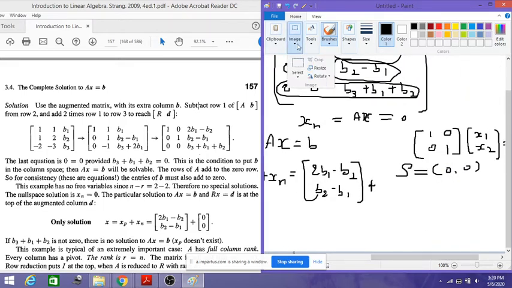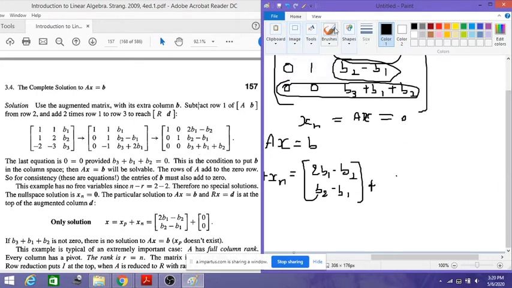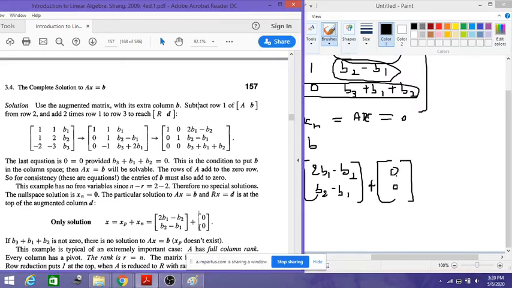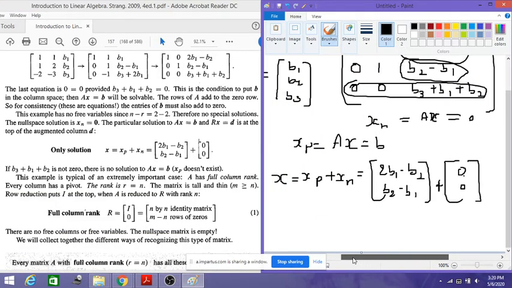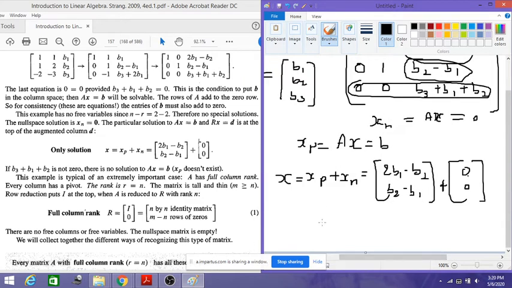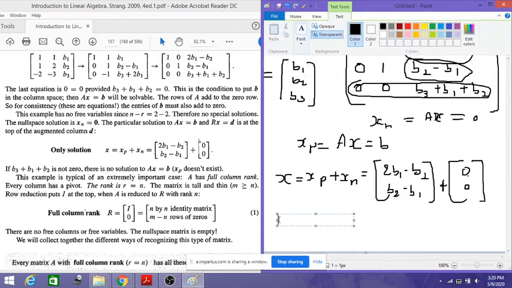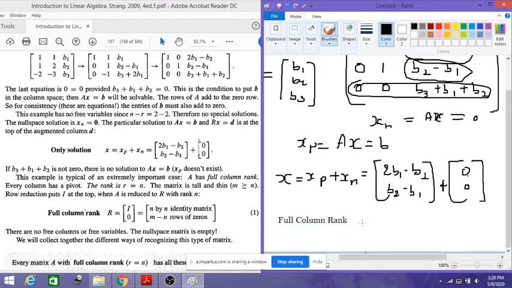let me erase this part here, because this is not required now. So plus, what is xn? Xn is completely 0, 0. So now if you see here, we call this the full column rank. Full column rank is nothing but a general form. So let me write here, this is in the form of full column rank. So it means that R is equal to,